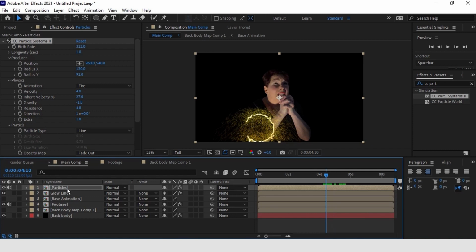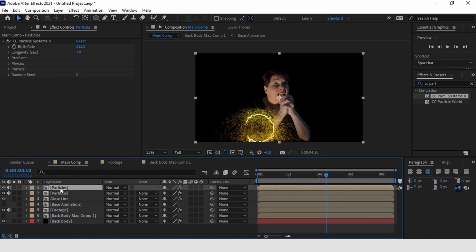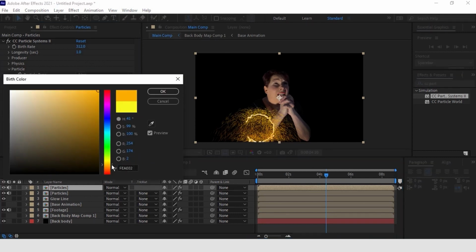Now duplicate the particle layer by selecting the layer and pressing Ctrl+D, and change some settings like color and velocity just to give it a bit of variation.